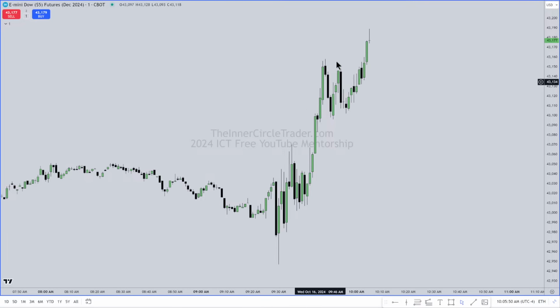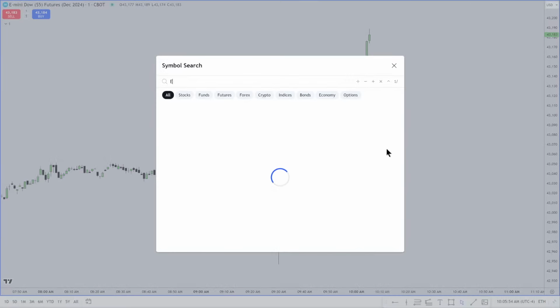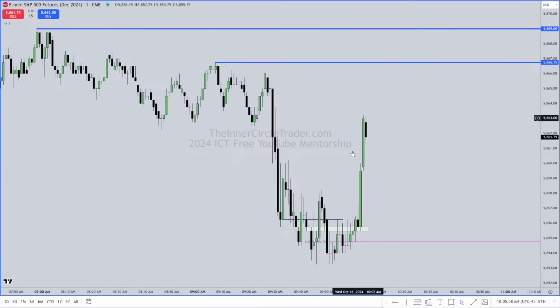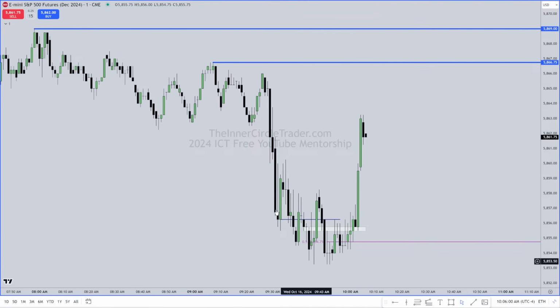Dow either stays going higher or consolidates and allows ES to hold its ground, not break below this low. We don't want to see that. And